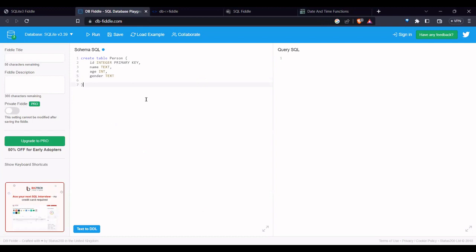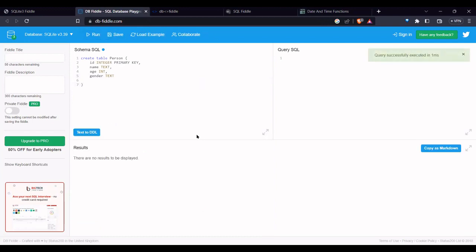I just want to create a small table now. If I run this query, it does nothing visible, but it will successfully create a table. And if I say show tables and execute run,